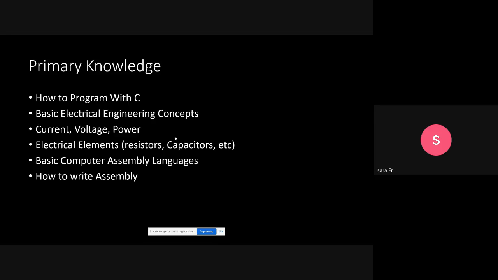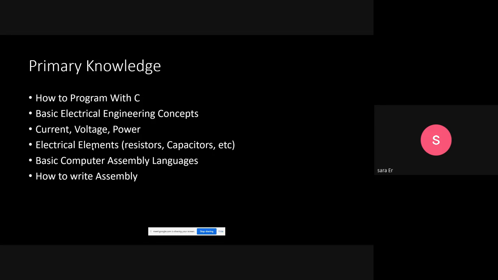If you want this lecture to be very useful for you, you should be an electrical engineer or a computer engineer, and you should know something about current, voltage, and power. Also, you should know the meaning of resistors and capacitors, and you should know about assembly language.